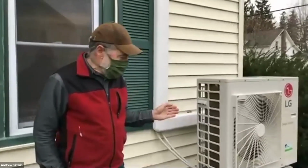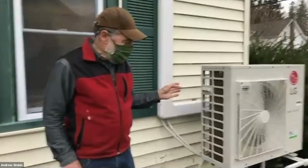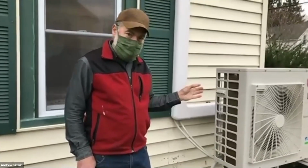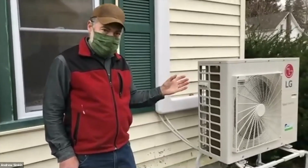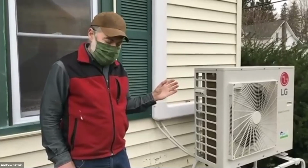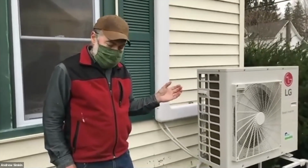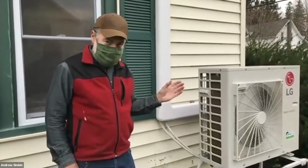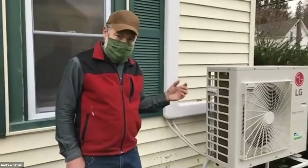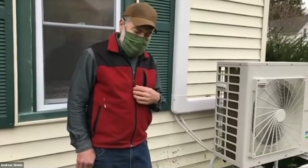Other differences, the LG comes with a capability to have Wi-Fi connection that's built right into the LG, and so you can download an app. And I haven't bothered to do that here, but Matt and Halco and his team assisted